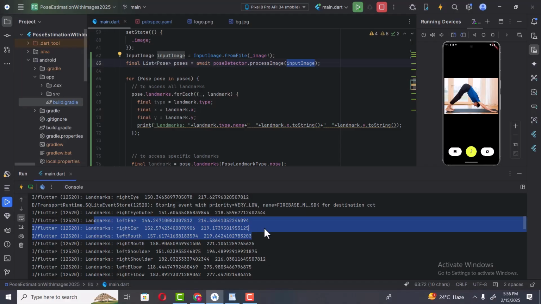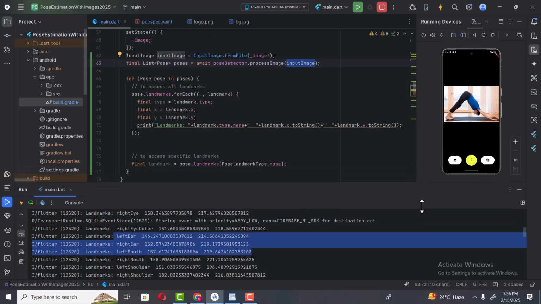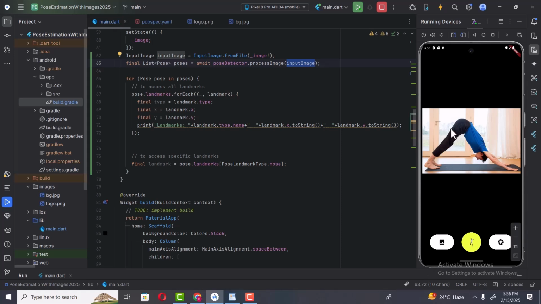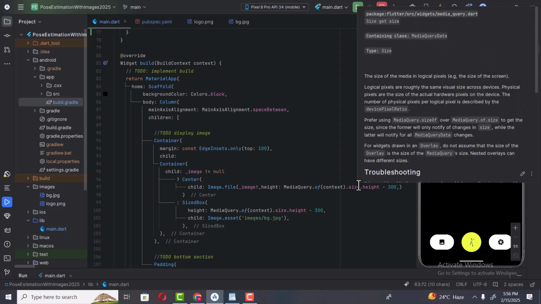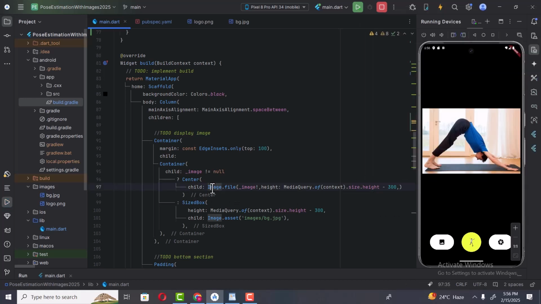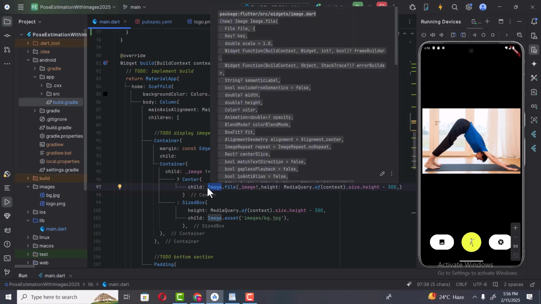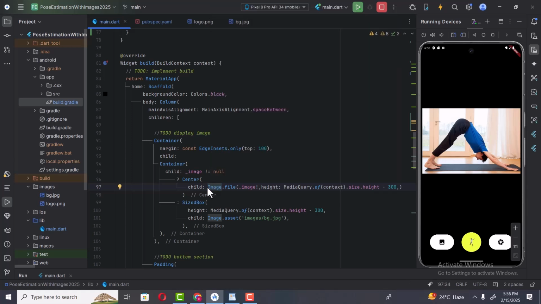So now after getting the results from the pose detection model and showing them in the console, it's time to draw those points on the image itself. So basically we are going to draw lines joining different body parts on this image. And for that purpose we need a widget where we can firstly show the image and then draw the lines joining different body points. So for now we are displaying the image using this image widget. But now we need a widget where we can display both the image and the lines,